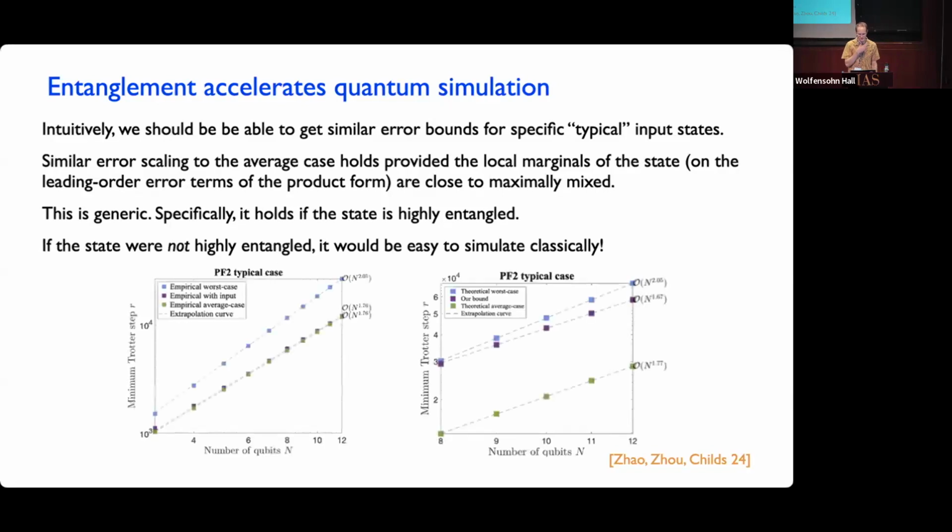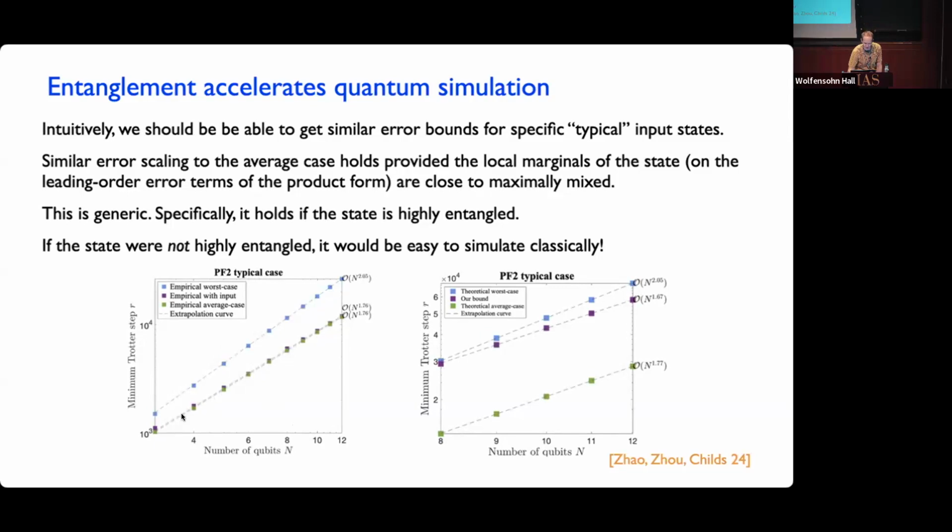It allows you to, again, sort of for free, without changing the quantum algorithm, get better performance for your Hamiltonian simulation. And these plots show empirically what the error actually is in some simple model. It's a reasonably small system, so you can actually just simulate it on a laptop. But you can see that the worst case scaling of the error is definitely worse than what happens. So one of these curves is what happens when you do things with the state chosen at random. You are actually looking at the average case performance.